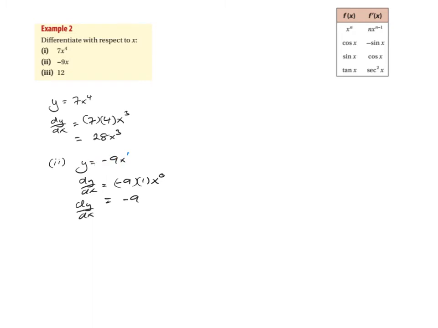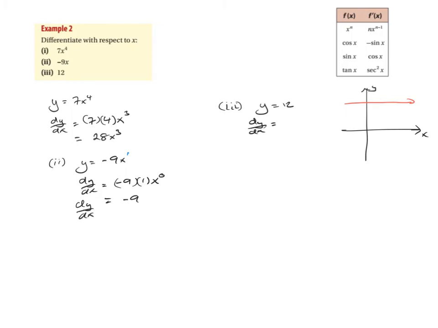Let's have a look at the last one, i, where y is equal to 12. What's dy/dx going to be equal to? Well, in order to look at this, let's just graph this one very, very quickly. There's my x, there's my y, and the graph of y is equal to 12 looks something like that. So that's y is equal to 12, and hopefully you can see it's a straight horizontal line, which means that